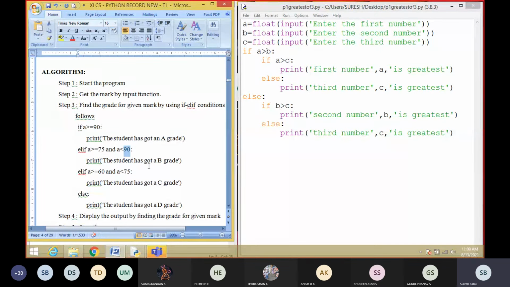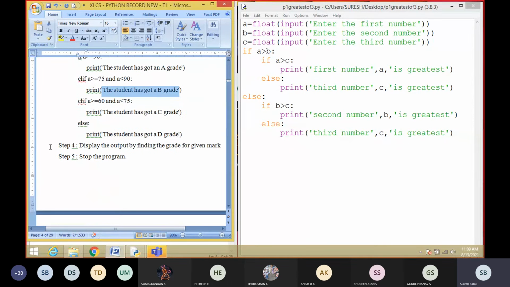For those marks we should print a B grade. Next criteria, elif a is greater than or equal to 60 and a is less than 75. Between 60 to 75 we should print a C grade. The else case means all the marks below 60 will come under this false condition. There we can print a D grade.